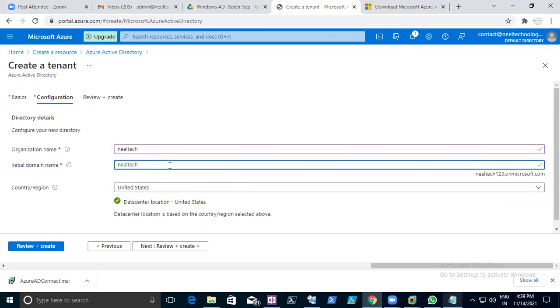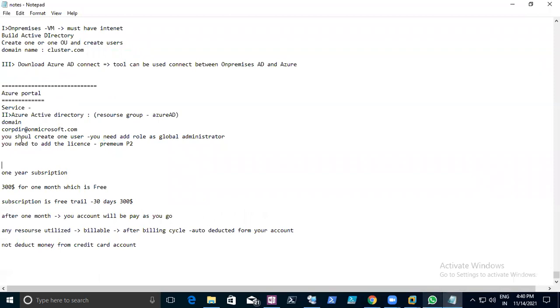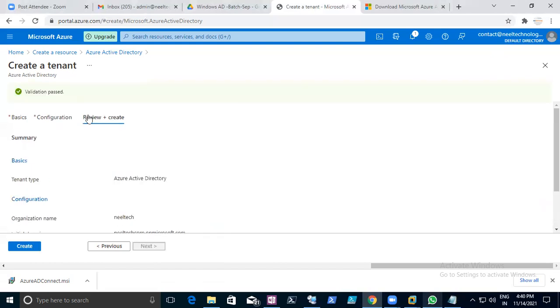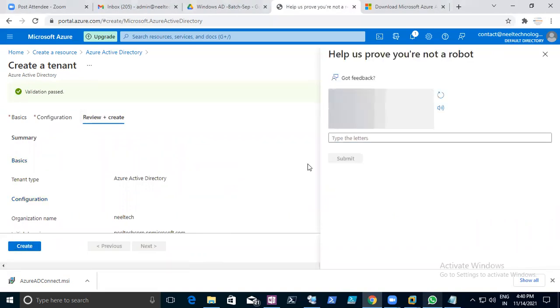Maybe Corp only is better. The name looks good, right? Take this: Neil Tech Corp on onmicrosoft.com. Okay. I'm taking US. Go to next. Create.